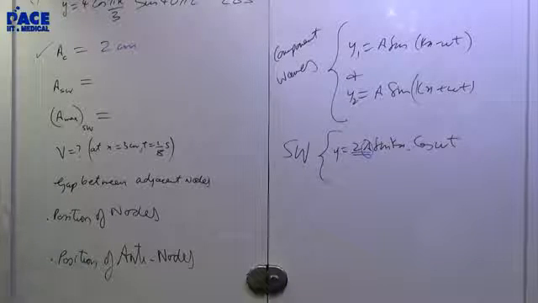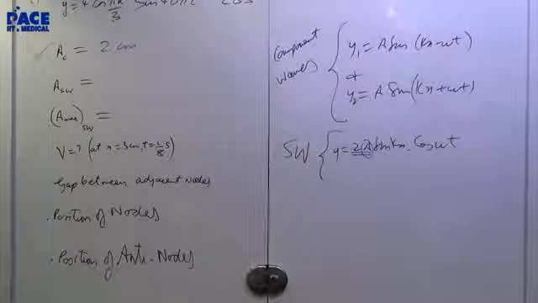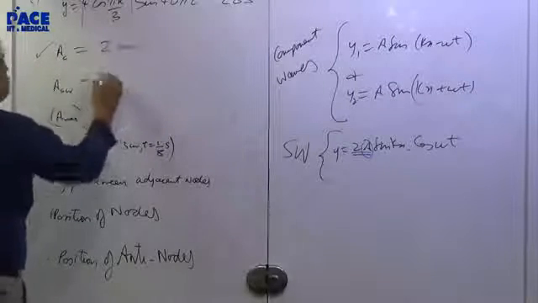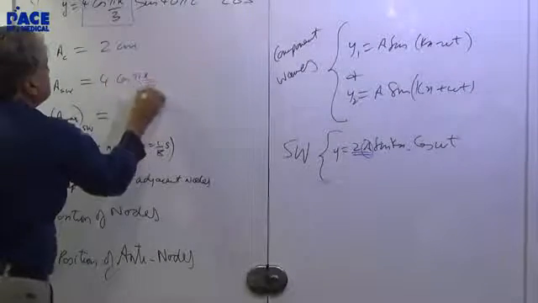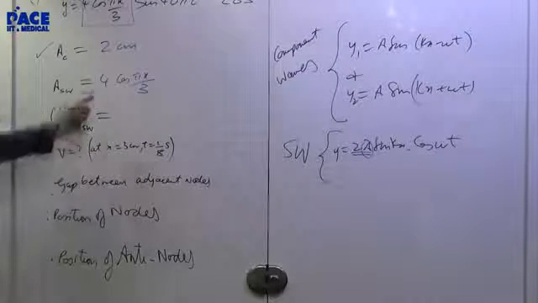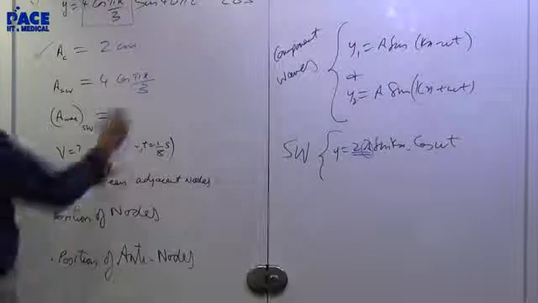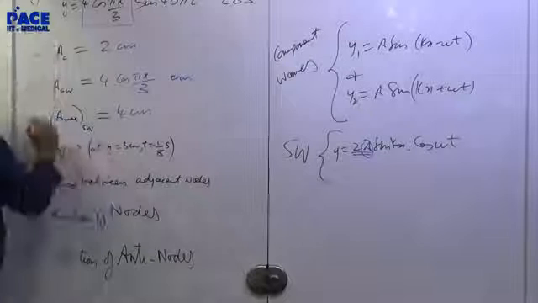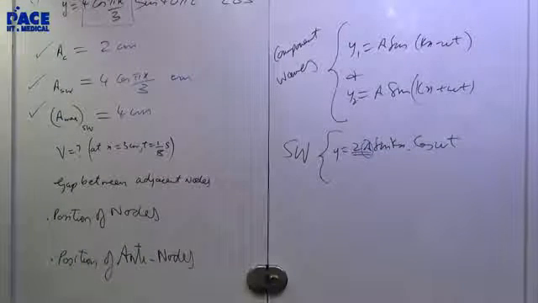What is the amplitude of the stationary wave? So 4 cos pi x by 3. This whole thing is the amplitude of the stationary wave. What is the maximum amplitude of the stationary wave? 4. This will be in centimeters too, so 4 centimeter. Yes, sir. Are you clear on these terms? The amplitudes.